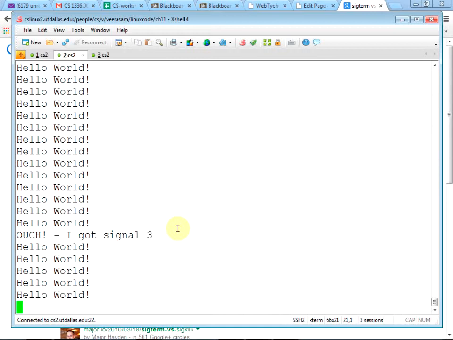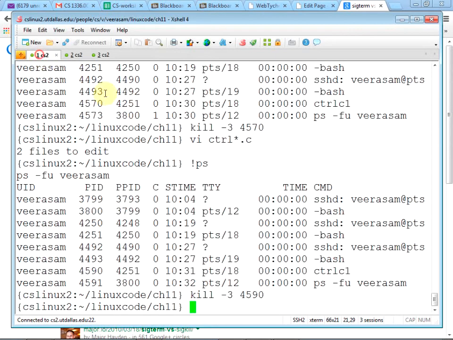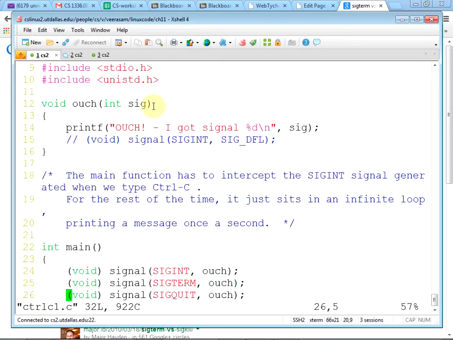Okay. So if you don't want this to go on forever, that's why we want to return to default handling. In fact, we want to return to default handling of whatever signal we did, right? You can play with this forever.